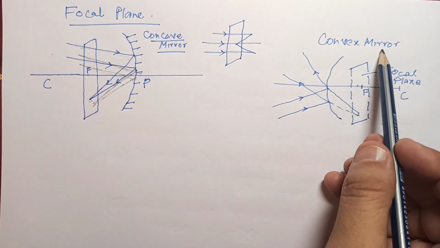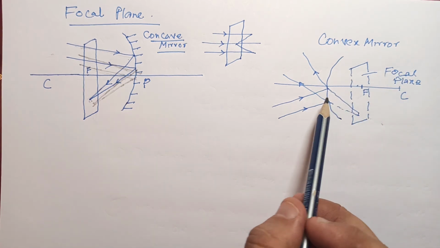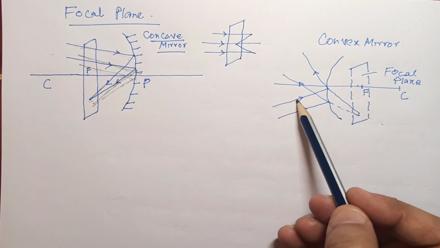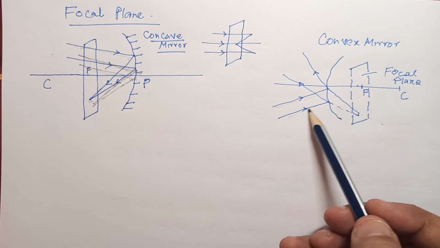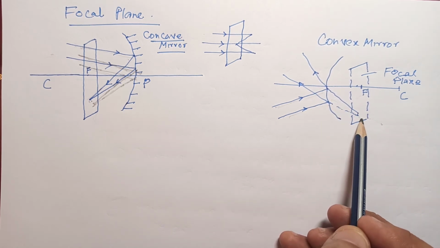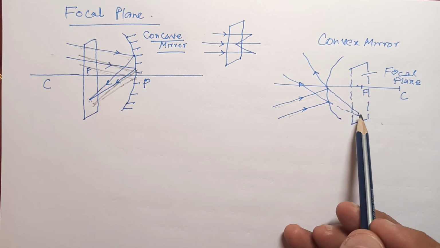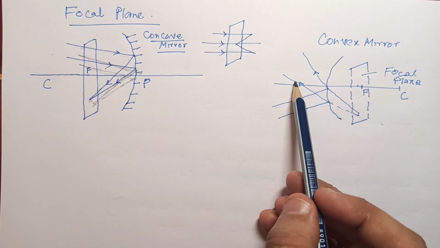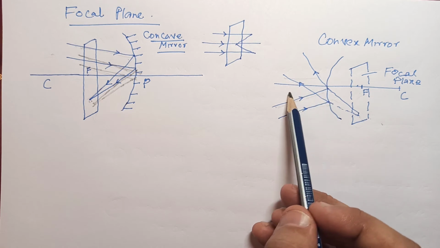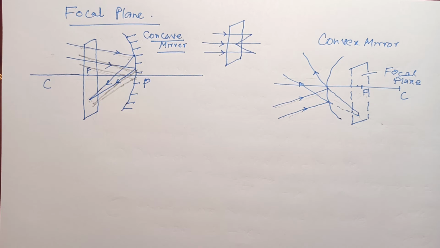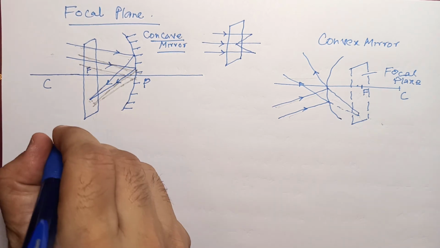If I talk about the convex lens, again it says the same thing, that if two rays fall here, then they will meet somewhere, of course, backwards at the back of the mirror, right? But this would be the same plane where, if they had been parallel to the principal axis, they would have met. So this is called the focal plane. So if I have to summarize, I can say